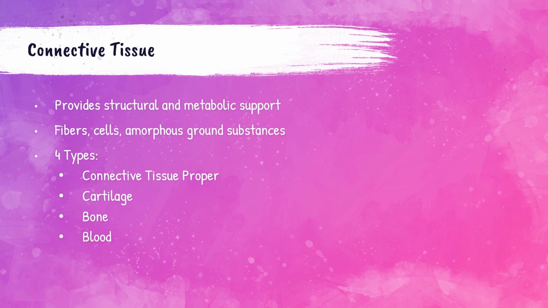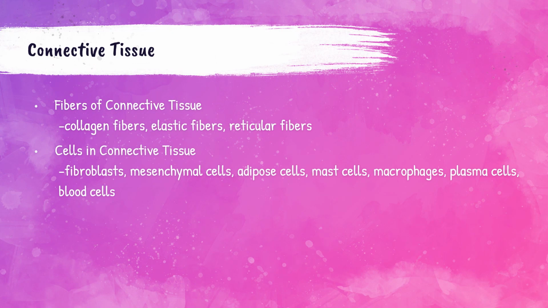Connective tissue consists of three different components, including fibers, cells, and amorphous ground substance. Additionally, there are four different types of connective tissues. These are connective tissue proper, cartilage, bone, and blood. Special stains are used for the demonstration of the fibers and the cells of connective tissues. We'll get to these special stains later on in this lecture, but we first need to discuss the fibers and